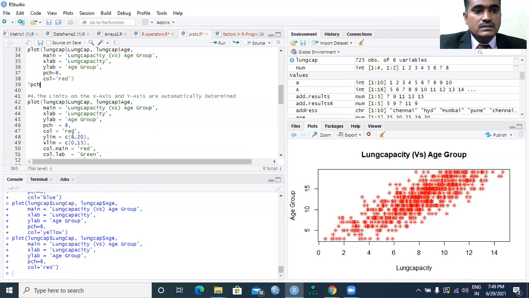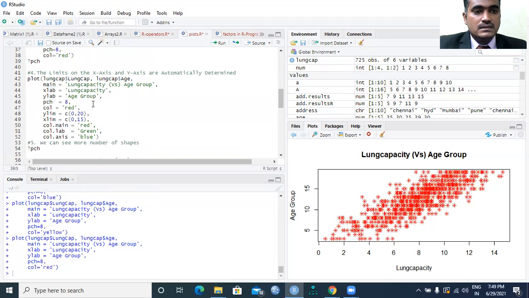Now what I want to do next is this: the limits on the x-axis and y-axis are automatically determined, but I want to change them. Here you can see it's only 15 and 14. So I want to change the limits on the x-axis and y-axis.